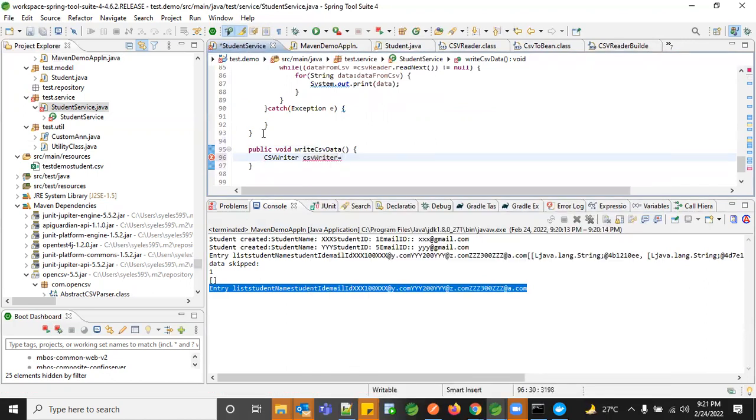So do I need to create an object, or can I just go ahead? I need to create an object. Okay, how can I create an object? From the new CSV writer, right? And what do we need to give the writer? We need to give the path and file name, right? Yeah. So how do you give that? Usually in your buffer writer or file writer, how do you create it?